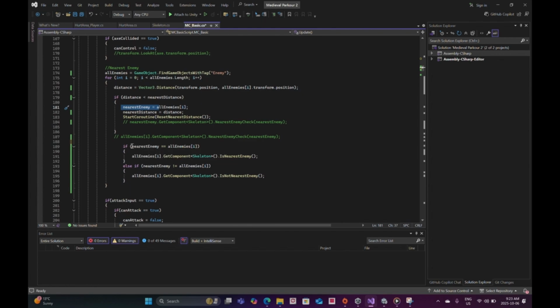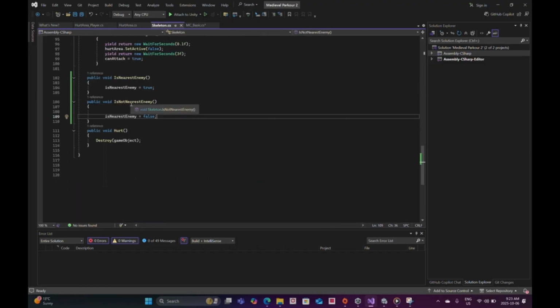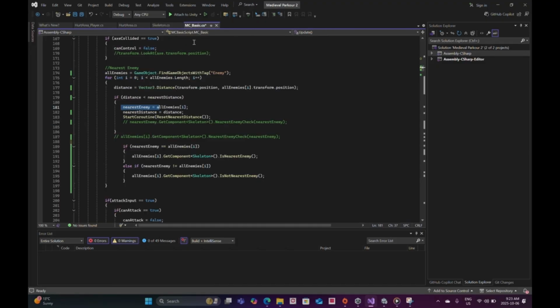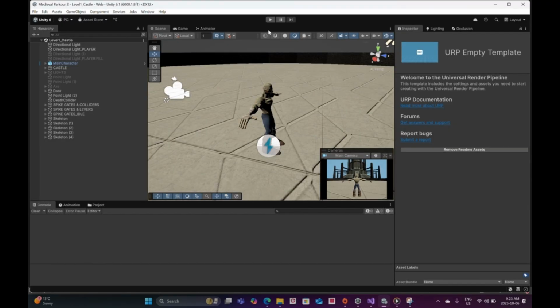So if nearest enemy is all enemies bracket i, then I'm going to trigger this first function, is nearest enemy. But if that condition is not equal, then is not nearest enemy is going to be triggered. So if I go ahead and play,